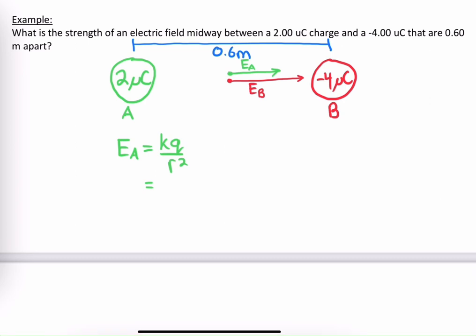So if we plug some numbers in here, the charge creating this electric field is 2 microcoulombs, and the distance when I'm at this point from charge A is 0.3 meters. That gives me an electric field strength of 2.0000 times 10 to the 5